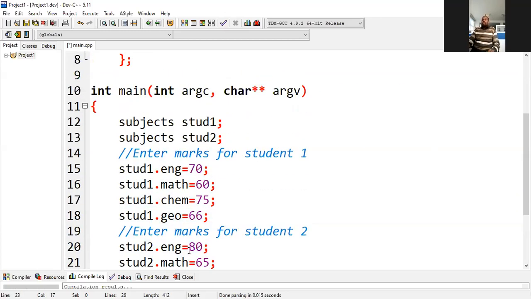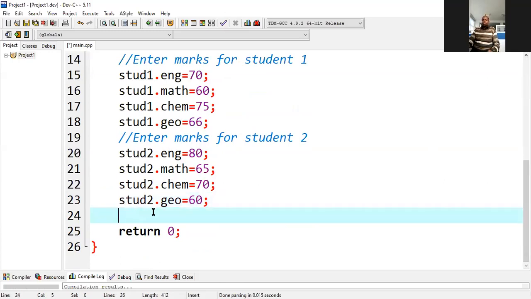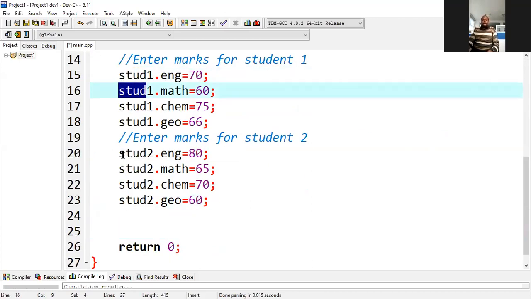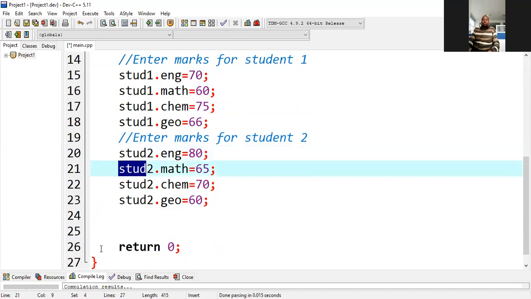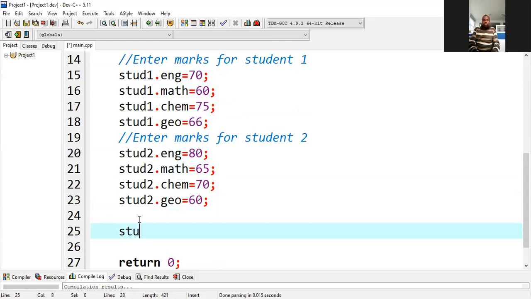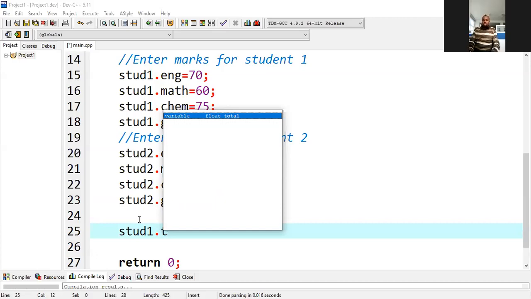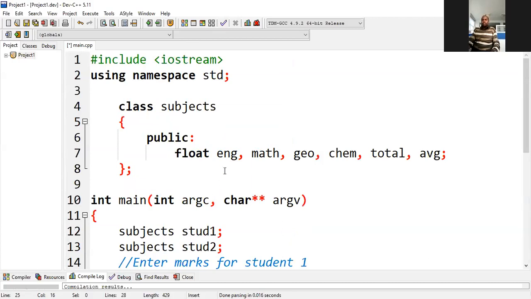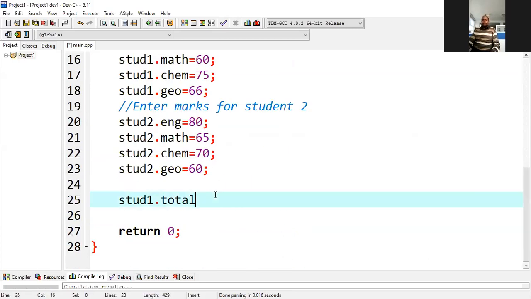Now, we can calculate the total marks and average. You use the same name of the object, just the same way you used student one, and here you use student two. You use the same name to calculate. So you come here and say student one dot total. And you see when I just click that, it brings it up, because it already recognizes those members that are in the class. Student one dot total is equal to